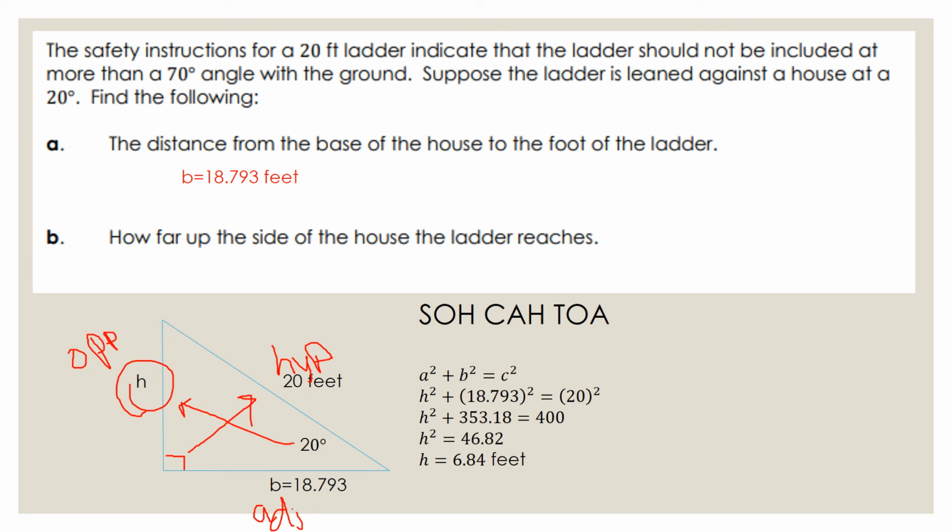If we expand those numbers, we've got a squared plus 353.18 is equal to 400. We need to get that h by itself, so we subtract 353.18 from both sides, and we get about 46.82. Now, that h is still squared in this case, so we need to take the square root of both sides. And that missing side, the height that this ladder is going to go up the building, is about 6